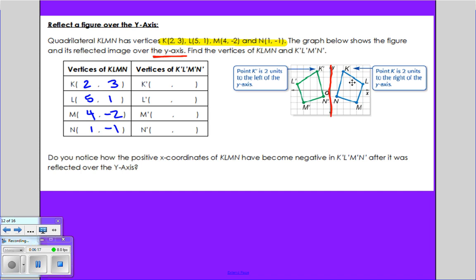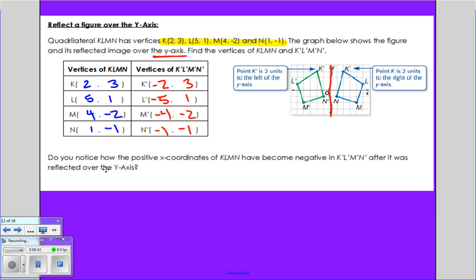This would be our mirror that's reflecting the two sides. So if we're reflecting over the y-axis, now our y coordinates are staying the same. So with the y-axis, I'm going to copy my y coordinates: 3, 1, negative 2, negative 1. Now all of my x coordinates will change their sign. So we go from positive 2 to negative 2, positive 5 to negative 5, positive 4 to negative 4,